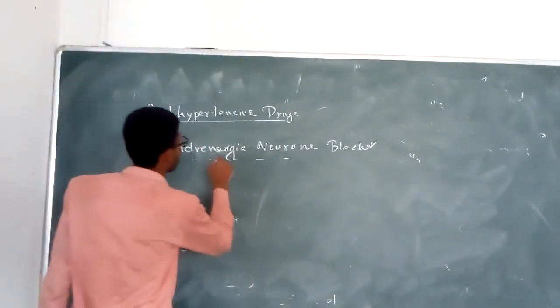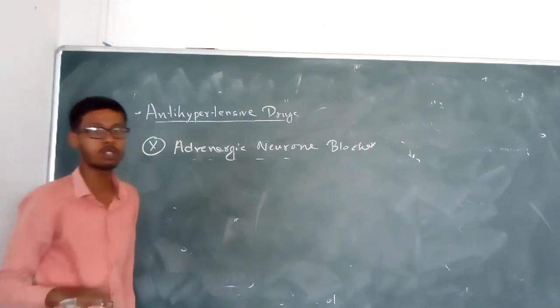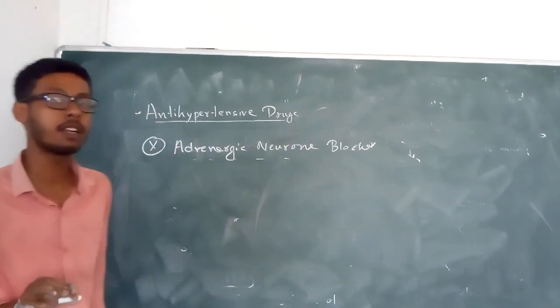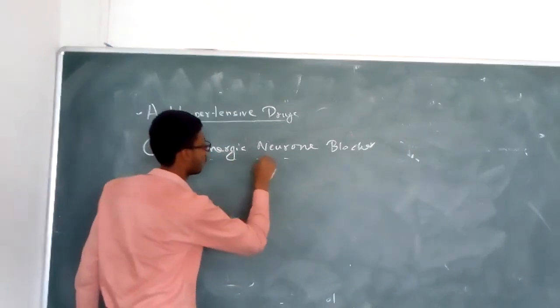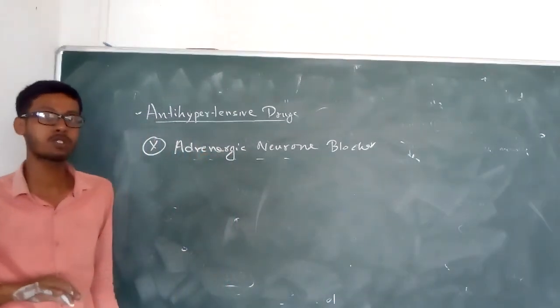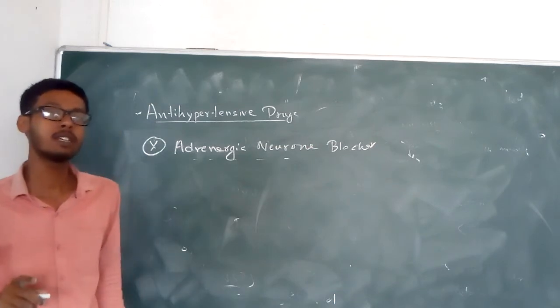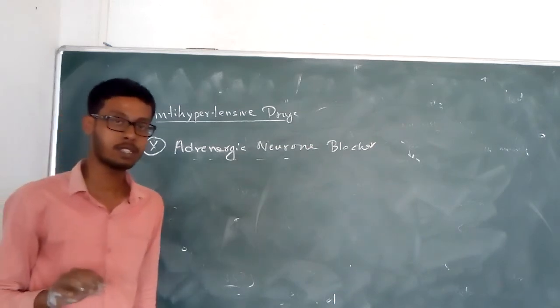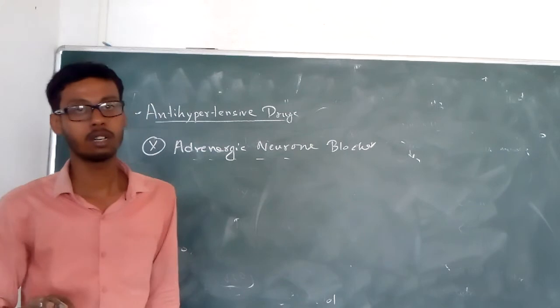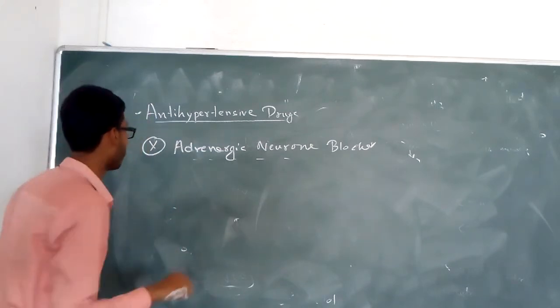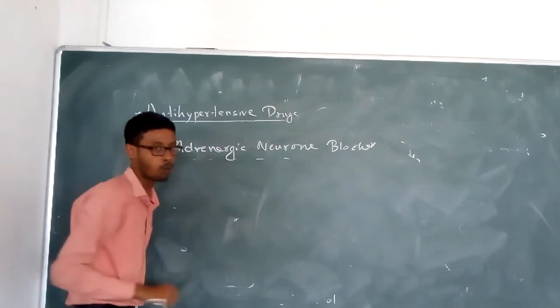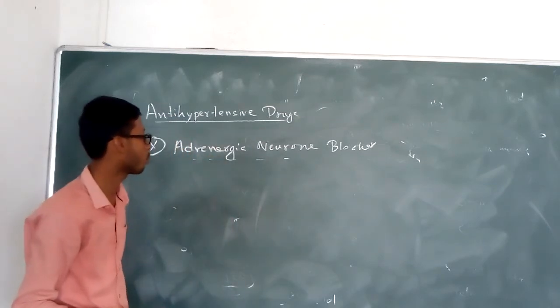So the released noradrenaline is blocked by the adrenergic neuron blocker, and if it stays stored, the noradrenaline and adrenaline degrade easily. And by this drug, the adrenergic neuron blocker,